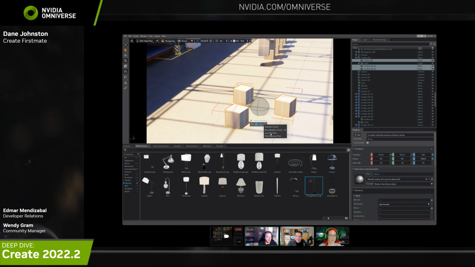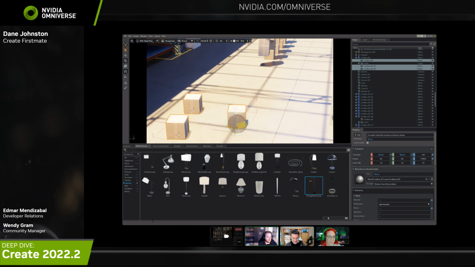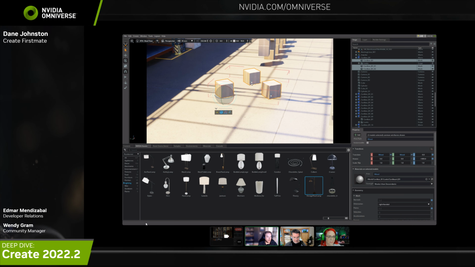But this one, I love this one. I can pick which prim I want to rotate around very easily now. So okay, nope, now I want to rotate this guy, and I can do like a little crab walk with my boxes here. So this stuff is so helpful when you're trying to place something perfectly, and you don't want to sit there and eyeball it. You get all your snap options, you get all your pivot options, and of course,